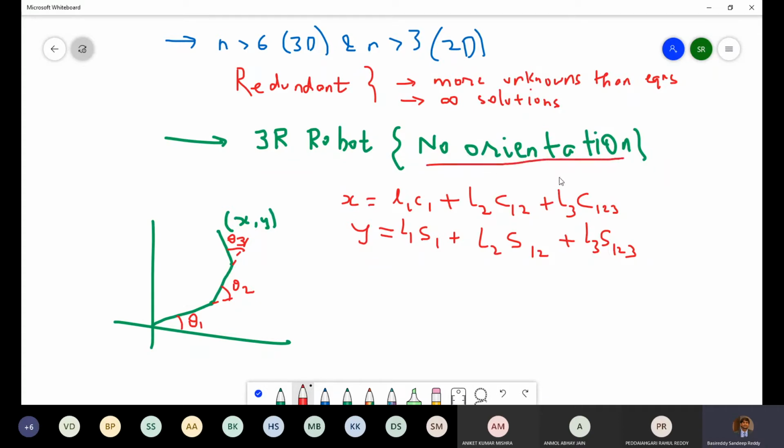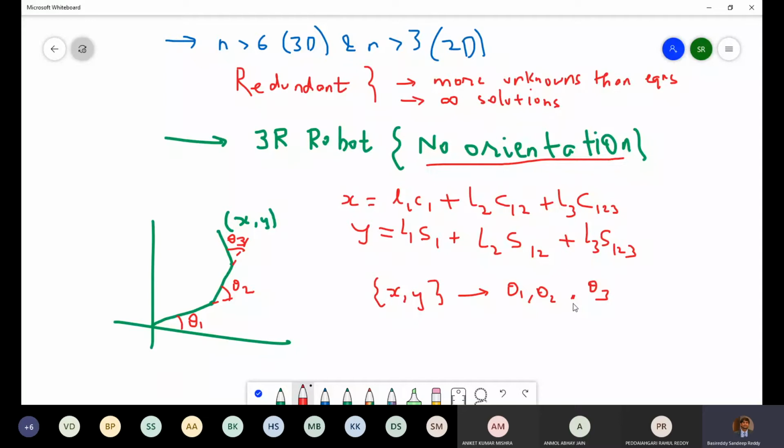Suppose we don't want to consider the orientation. So from x and y, if we want to do inverse kinematics, we have to get theta 1, theta 2 and theta 3, right? So you can clearly see that there are more number of unknowns than equations. The unknowns are 3 and the equations are 2. So clearly we'll get infinite solutions in this case.